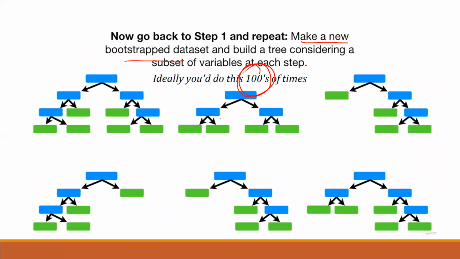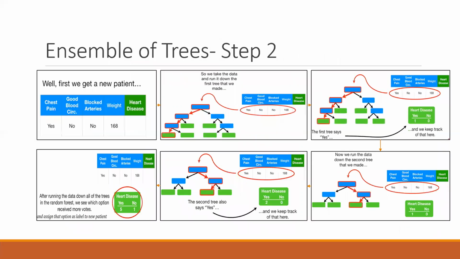So there must be, let's say, 50 or 100 bootstrap datasets, bootstrap tables, that will help us to generate multiple decision trees to get the work done. So let's say this was my bootstrap decision tree 1. This was my bootstrap decision tree 2. Like this, 6 different trees were made, and we can do the job. So step 2 is that now